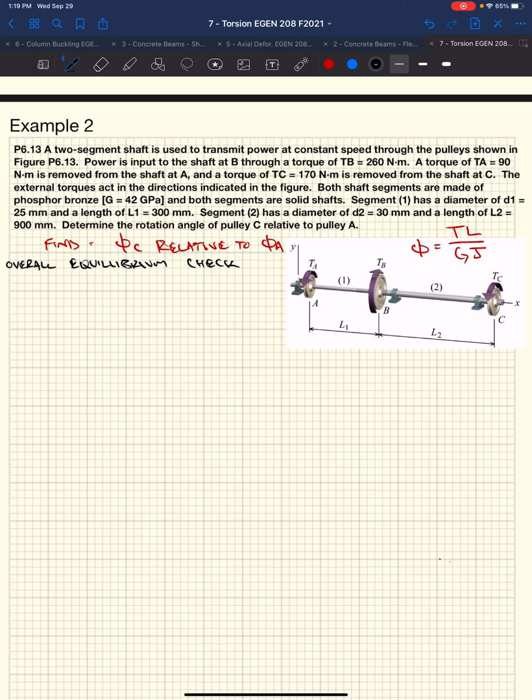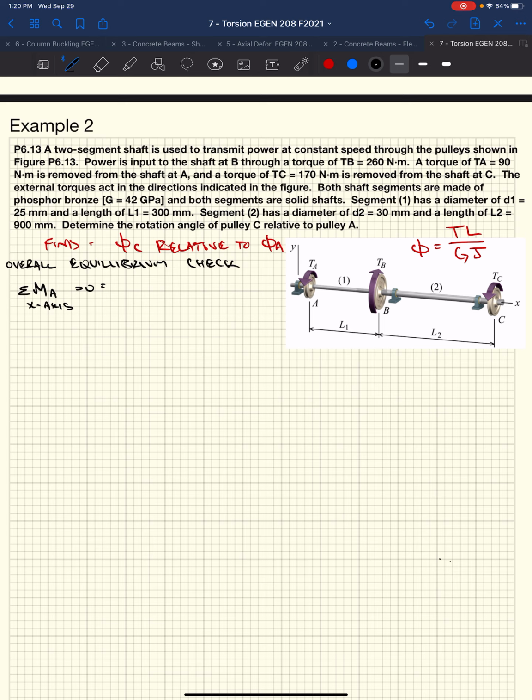Well, if we look at the diagram or the figure here, we've got a coordinate system. It says x is positive to the right, y is positive upwards. So if we sum moments at A about the x-axis, for torque problems, torque is a moment about the longitudinal axis. So in this case, the torque direction is along our x-axis. So if we sum moments about that x-axis, and we set that equal to 0,